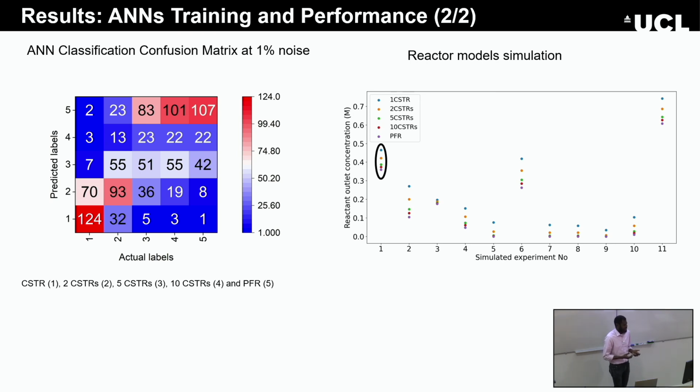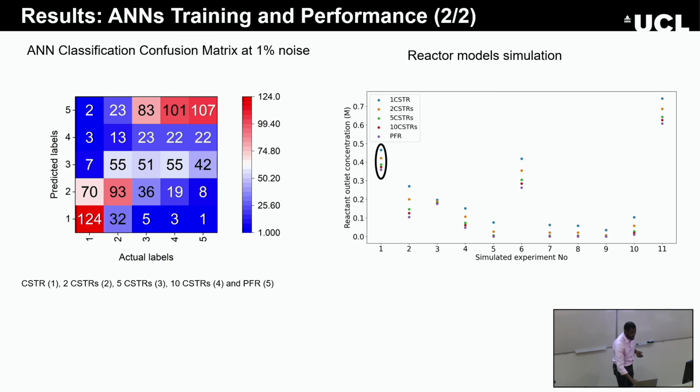We can see that the 1% noise is making the responses, the measurements, begin to overlap among one another, particularly when we consider PFR and 10-CSTR. The difference between them is quite close, such that when we look at the confusion matrix